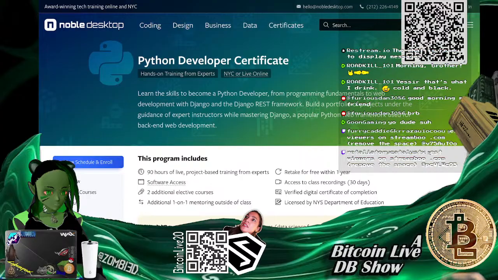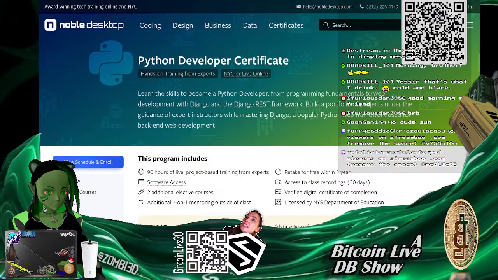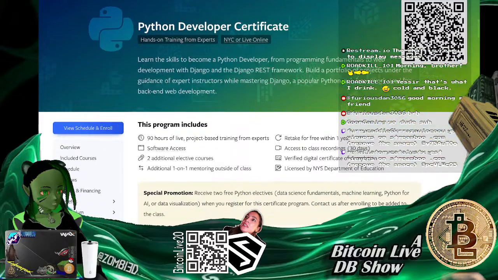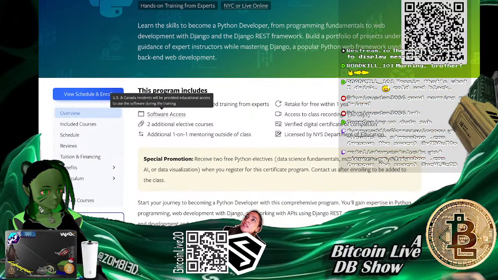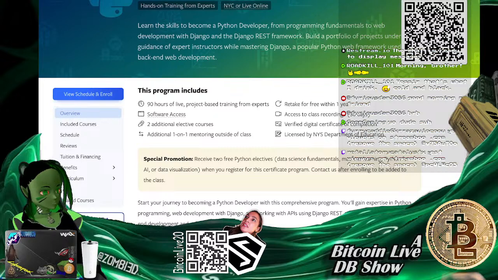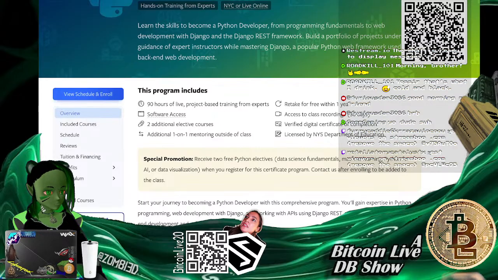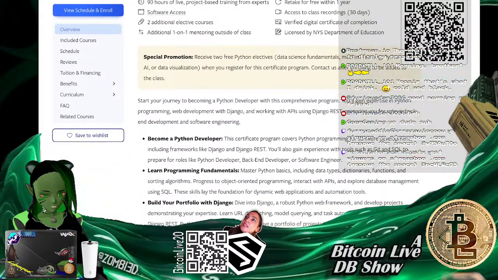So we have to go to an actual course. This is a basic Python developer certificate. It's probably the very first thing you would go for, right? Normally you would do something like this, and then go learn specialty stuff, which the site doesn't actually explain to you. And if you see here, it's about 90 hours of live project-based training from experts, about 30 days to access the class recordings. So you only have 30 days to access all this information. It's literally a 1 month allowance to this course for the price. So what price is that exactly?